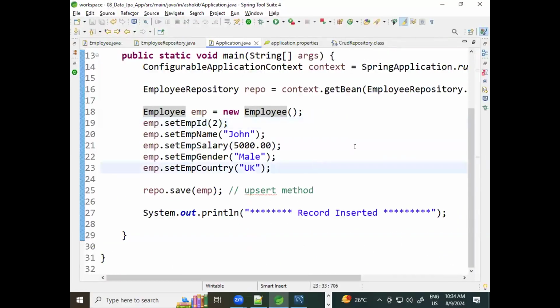Now, if I run this program again, what will happen? It will select the record with ID 2, available or not available? Available. Then compare. Entity data, table data, same. It is same. Then